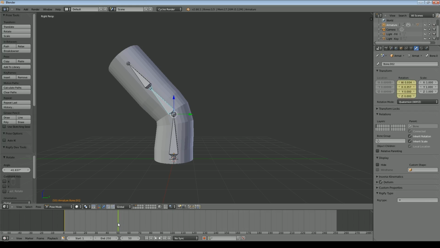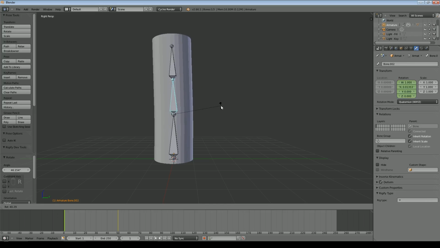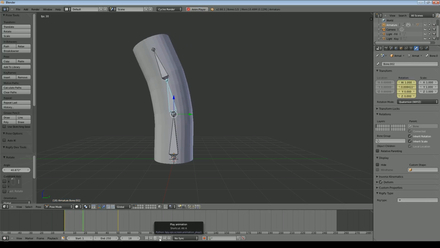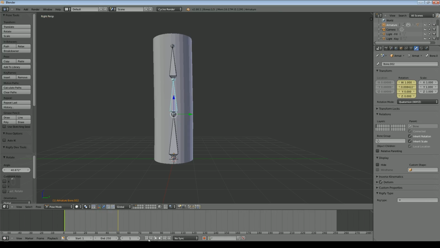I missed a keyframe there, and the reason I missed a keyframe was because I only keyframed the one bone. I didn't keyframe both. So I'd need to go back to here, rotate that up again. Now that I've got that bone selected, you notice it's green. I can keyframe that. And the same is true for here, I straighten it up and add a keyframe for that one there. And now we play that and we can see we're getting some alterations.